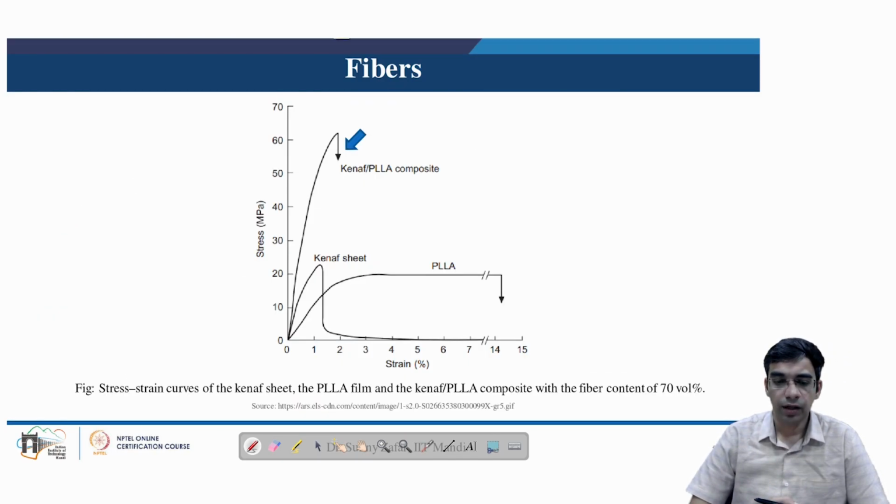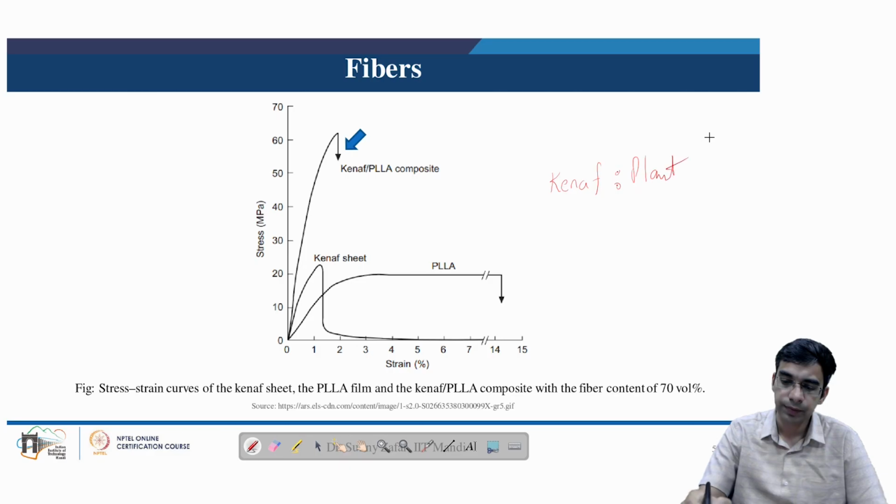So now we see how the fiber and the composite or the matrix of the composite, when separately brought under mechanical loading, how the behavior is exhibited. So if we see here an example of a composite made up of a kenaf fiber. So kenaf here is basically the plant derived fiber. So this is a natural fiber, a plant derived fiber. And we have the polylactic acid based matrix.